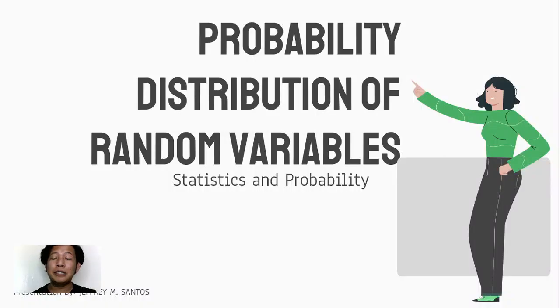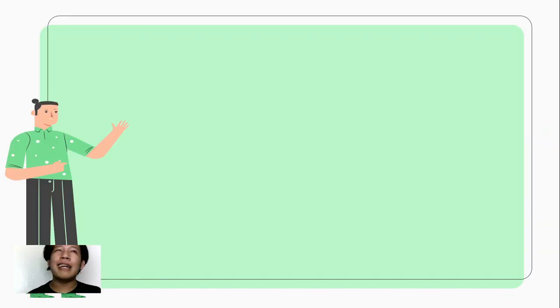Good day everyone. So for today's video, we're going to discuss something about probability distribution of random variables. To illustrate what a probability distribution is, let us try to have an experiment to which we flip a coin 3 times. Alright? So given the possible outcomes, pwede na ang sa experiment natin kapag nag-flip tayo ng coin 3